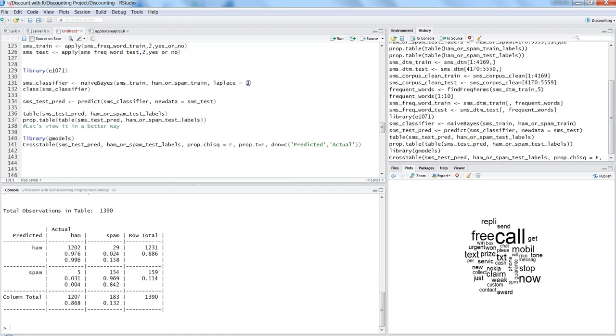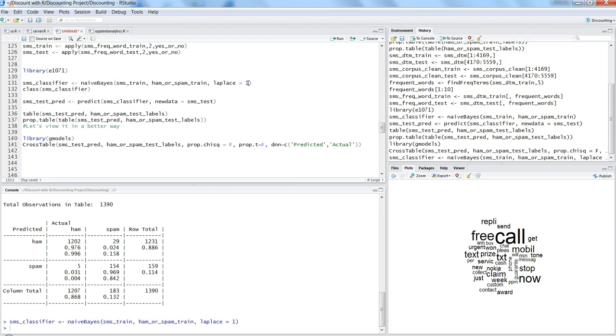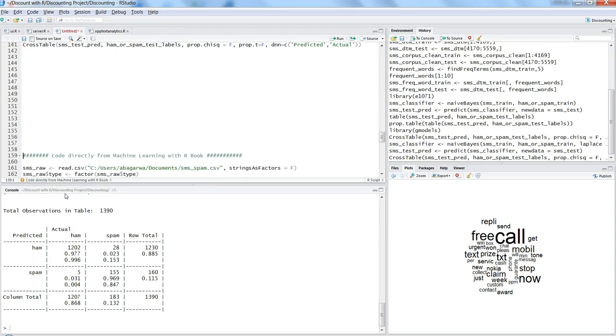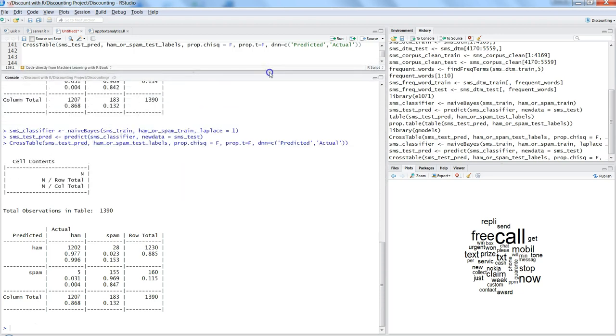So let me press Control Enter and create the model, and then for the SMS I need to do the prediction. It will take a couple of seconds, so let me pause the video. Alright, the command has run, and let's put it into a cross table by pressing Control Enter. If I drag it a little bit up to compare the results,